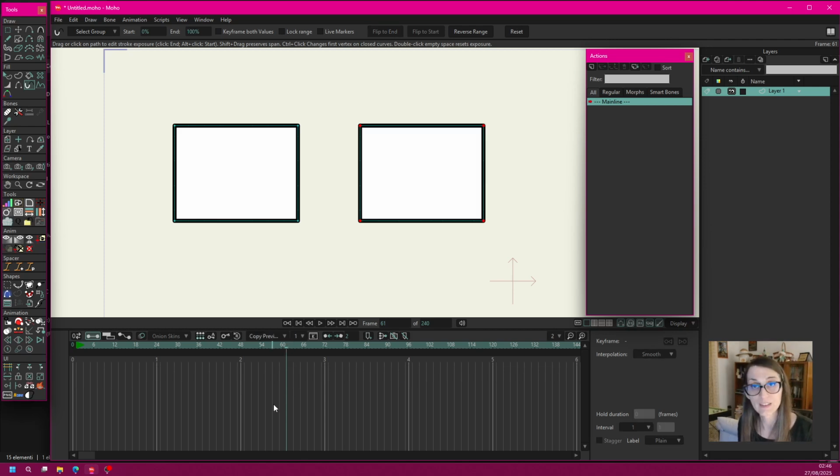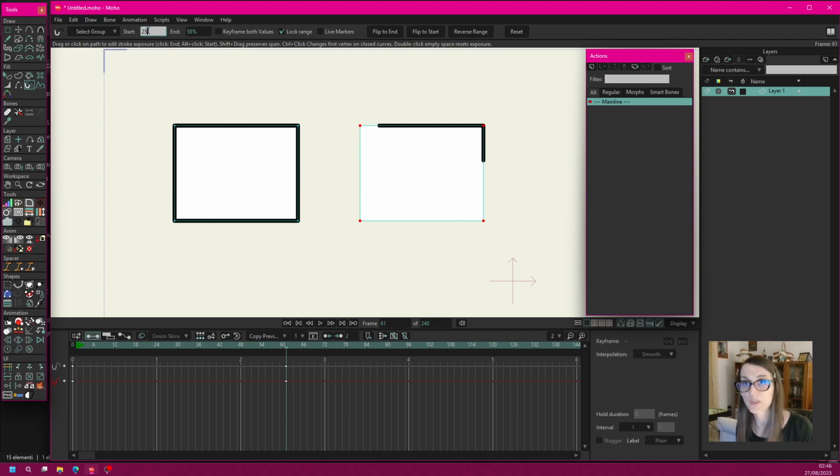Let's see the next checkbox. It's this lock range function that is similar to the shift and drag. You can preserve the range, but also now you can drag from here and modify one of the two values here, preserving the range. And we have also these crazy buttons